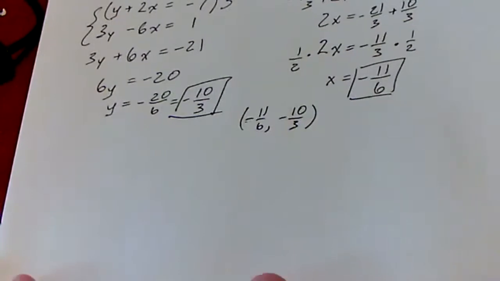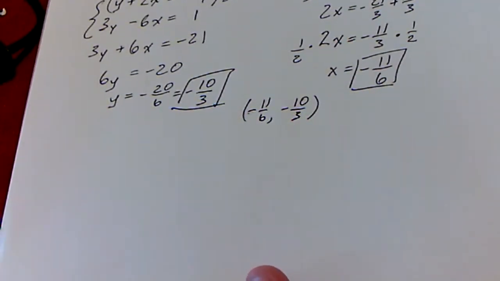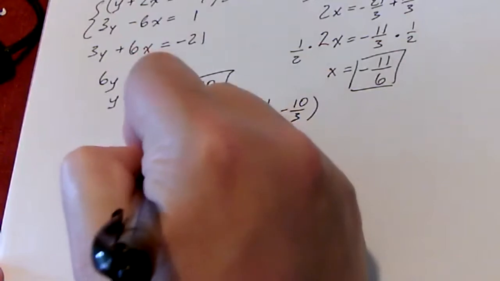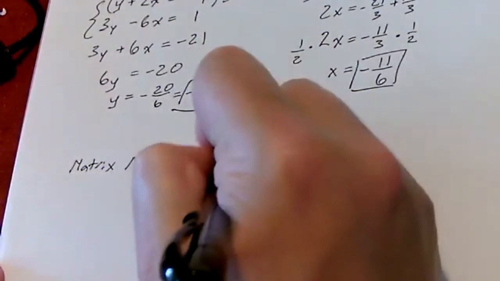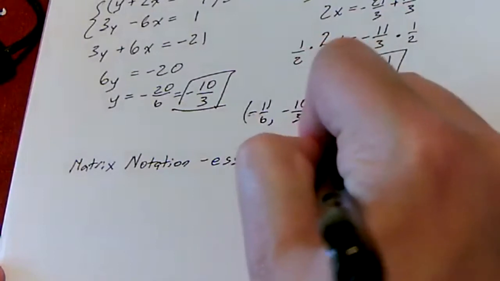Okay, so we have this idea of linear equations, and we bring that idea into a matrix. And then we use matrices as our really driving force for what we talk about in the class, but they're always grounded in the linear equations. Okay, so matrix notation is that we're going to take the essential information of a system